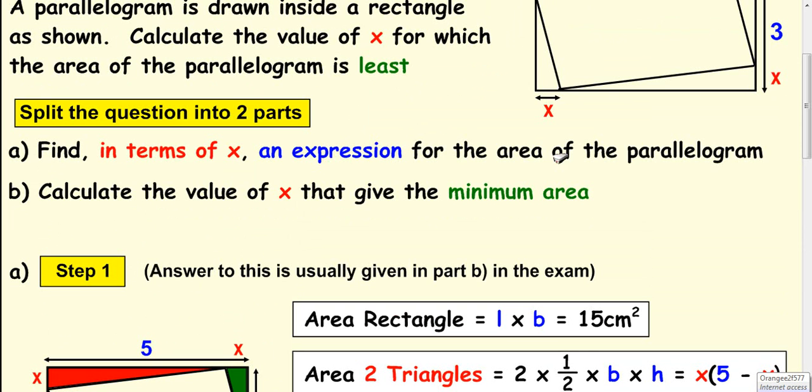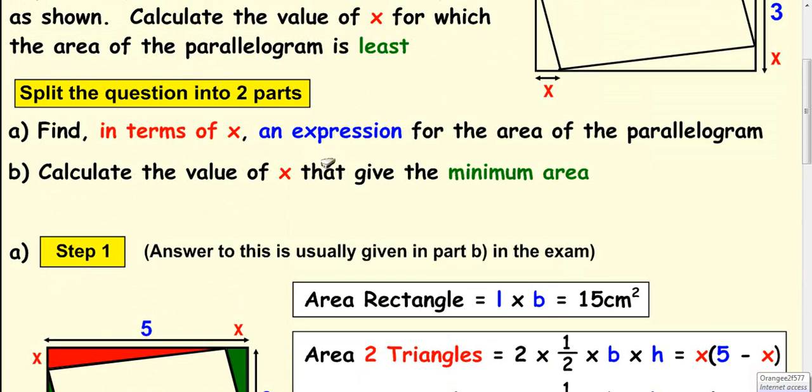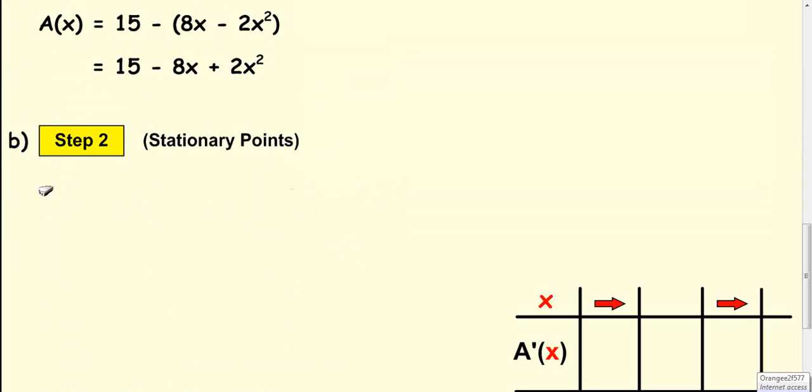Find in terms of x an expression for the area of the parallelogram. We've done that. The next question says calculate the value of x that gives the minimum area, so stationary points, and we're looking for a minimum in our nature table. So we'll take our function